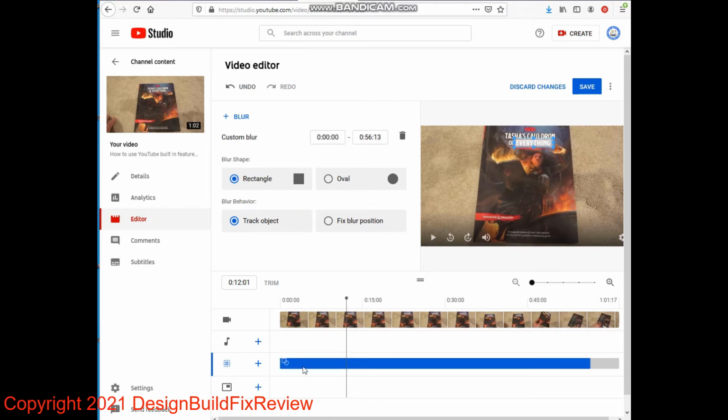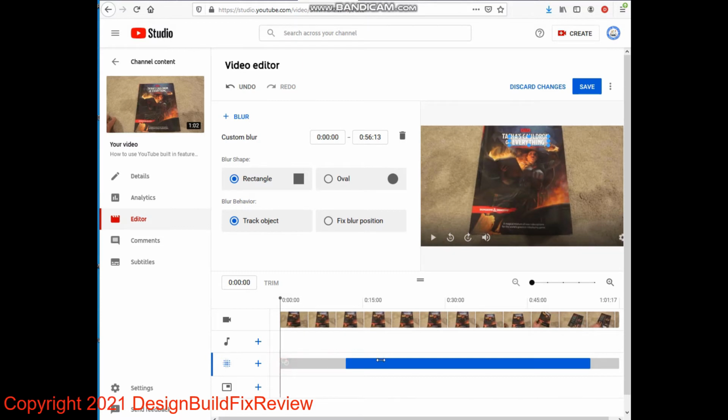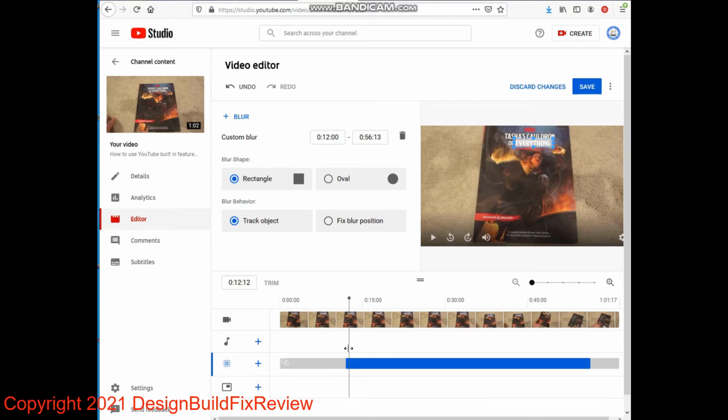And then, okay, so that's my 12 o'clock position right there. I just moved the blue line over to it. And let's say I just want to go to like 18:17 or something. So then I go over here and I pull this to 18:17 or wherever I want to go actually.